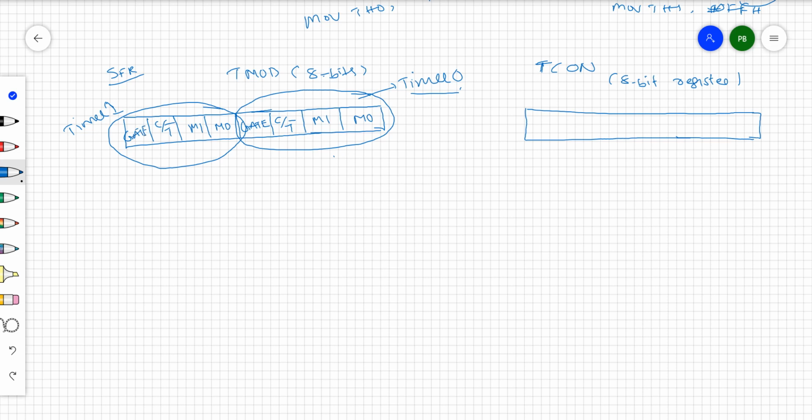So if you understand how this lower nibble controls timer 0, there is no need to discuss the higher nibble, right? So these two bits, M1 and M0, are going to decide in what mode this controller is going to work, right?